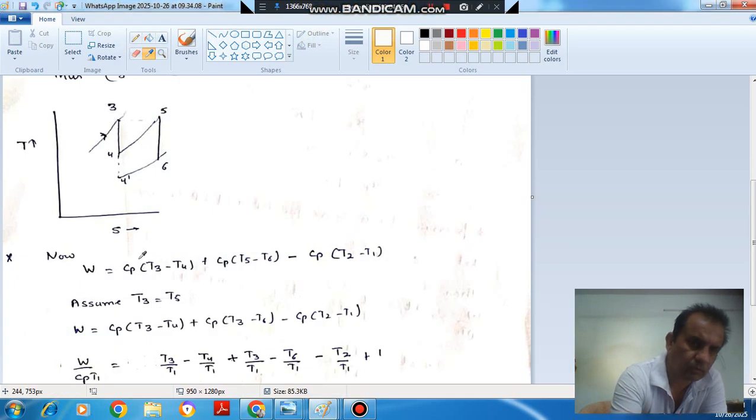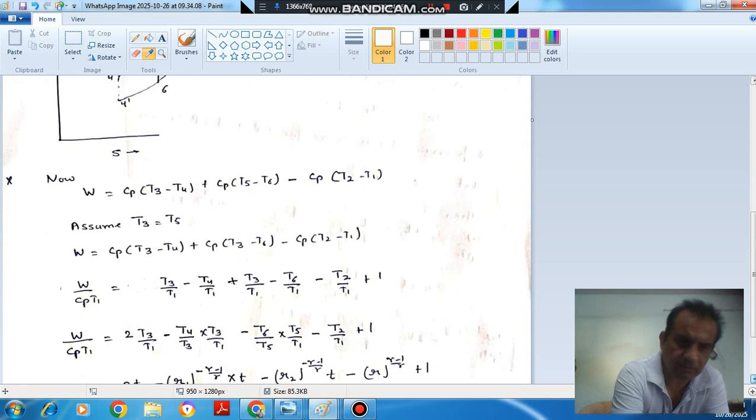Now if we assume that the temperature of reheat is the same as the maximum temperature, then T3 will be equal to T5. Then this expression can be read as Cp(T3 minus T4) plus Cp(T3 minus T6) minus Cp(T2 minus T1). Now if we divide both sides by Cp T1, then it will be W by Cp T1,